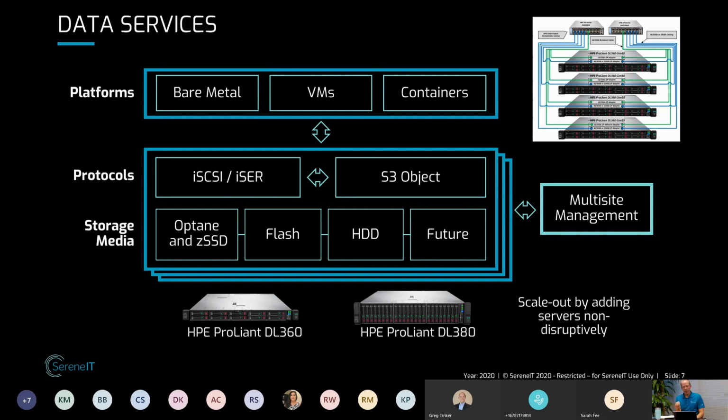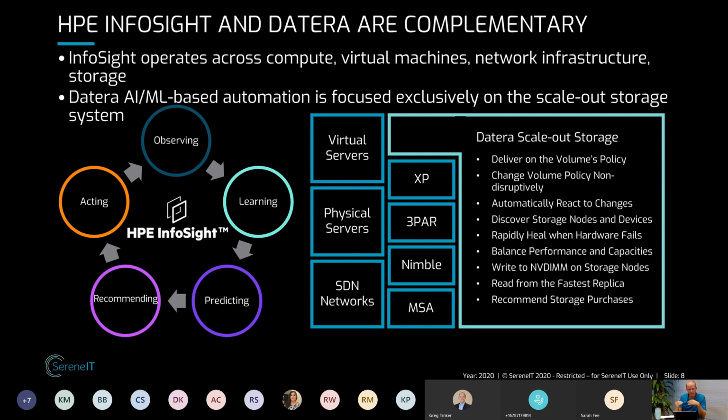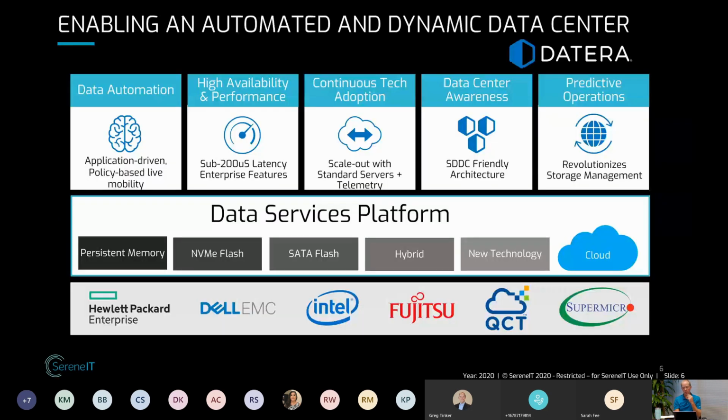Okay, so again, having that way to manage that and having different protocols and the platform layers, right? The bare metal, the virtual machines, containers, Docker, Kubernetes tied right into it. And that kind of comes back to, once you have that understanding of what technology you want, maybe you just want block, maybe you want S3, maybe you want a different type of servers. And as I mentioned earlier, you got different types of servers in there. And when you choose these different types of servers, and I'll back up 2 slides here, it's important to understand some of those servers